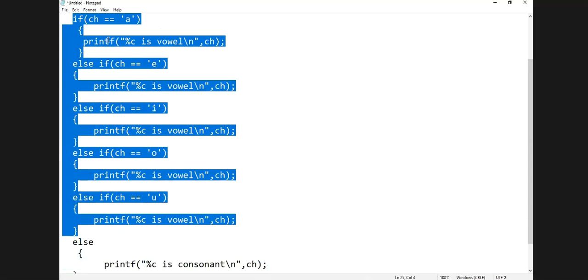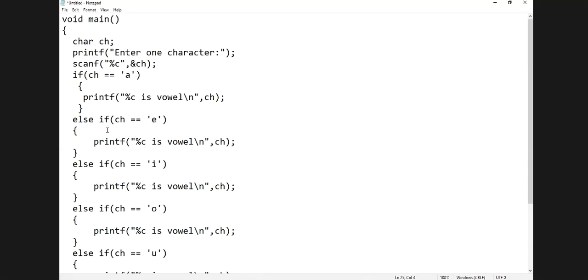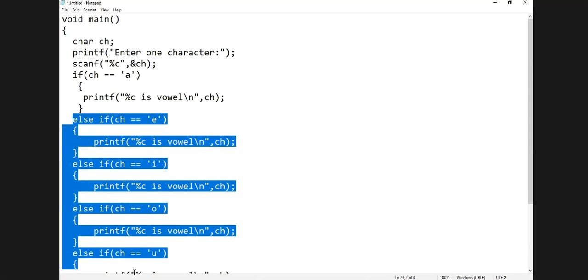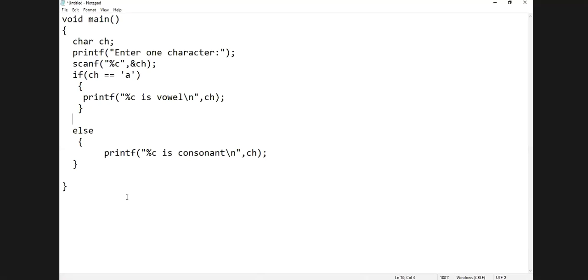In all these if conditions, you are writing the same code inside, right? The same printf you are writing here, here, here, and here. Same printf, so the same code you are repeating. So instead of all these conditions, you can write only one if, and you can check with the or logical operator. This symbol indicates or. So if ch equal to a or ch equal to e